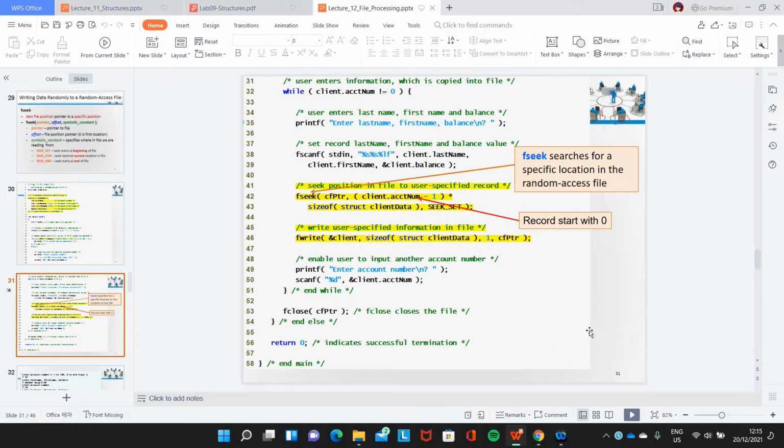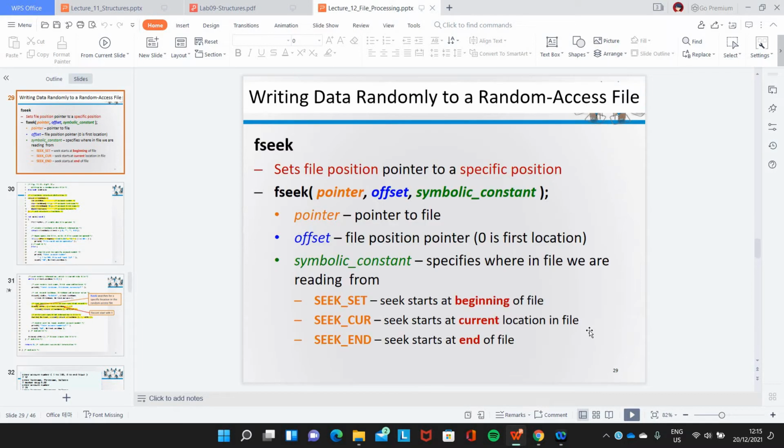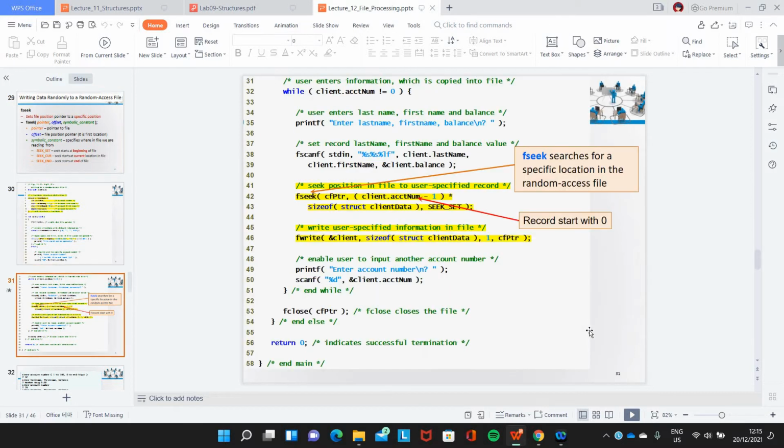And this one is for a random access file, where the content is not readable. So that makes the difference between the files that you created. All of these, R, W, A, R plus, W plus, A plus, are for creating a text file.